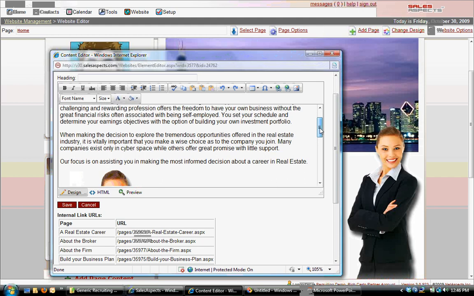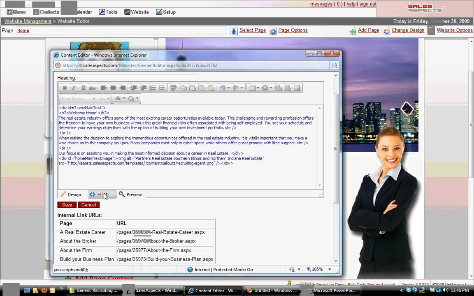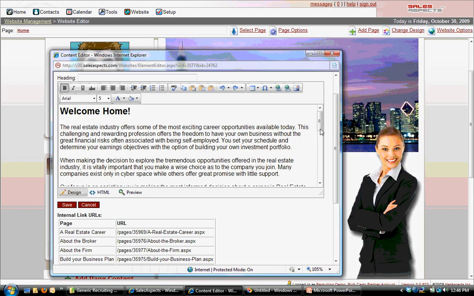Now behind the scenes, there's some code buried in here. I'll show you where it is so that you know, but you'll never have to edit it unless you have a technical person in your office that's going to be making these changes and you want to really get fancy. But here's what it looks like. And this is telling our picture of our agent to sit